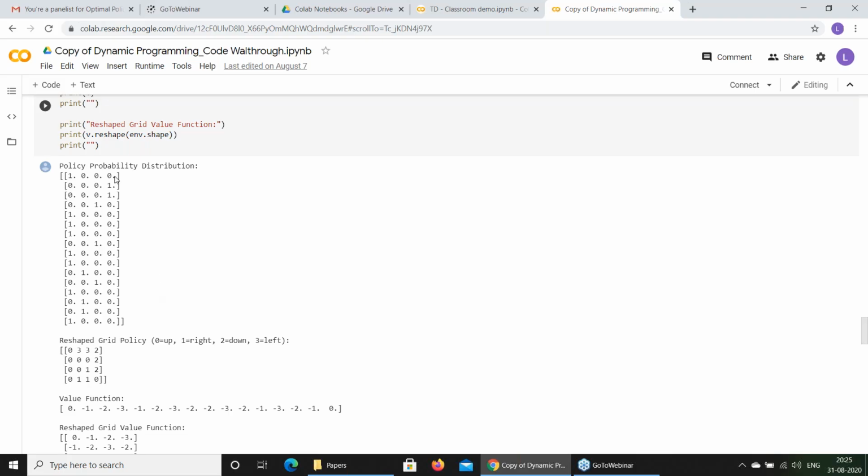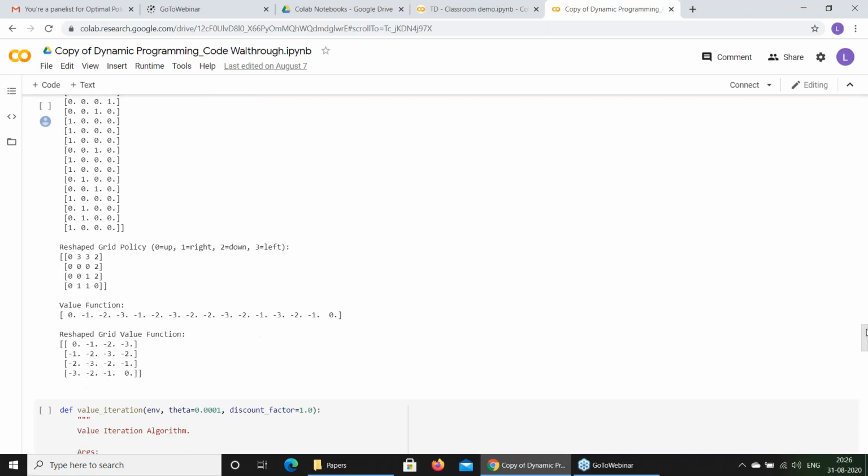This is one way. Another way is policy distribution. So in the first, there are 4 possibilities. So first one, if it says it is up, next case it says right, left. Next it says left, next it says at the third position down. So this is where you are able to find out what is the pathway.